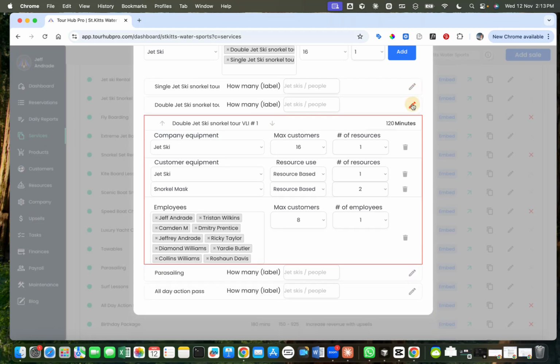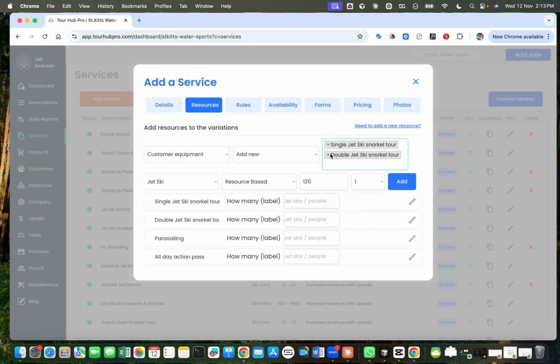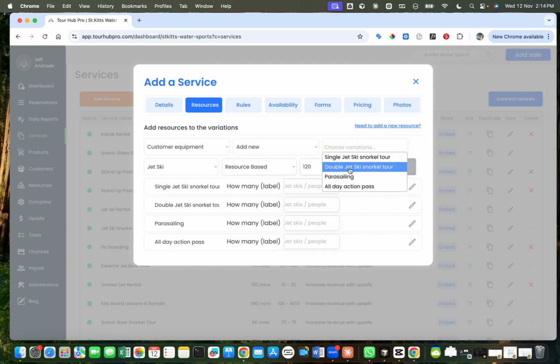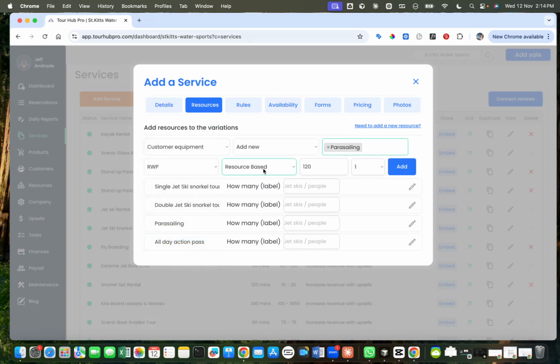All right, so I'm going to make these small for now, and now we're going to refresh this, and we're going to start again. Now we're going to do the parasailing tour. And the parasailing requires, we can say, customer equipment, and it's going to be new, and we're going to remove these, and we're going to use just the parasailing, and we're going to call this, we're going to need our boat, which is Ride with Passion, and this is resource-based. And now the duration is 90 minutes, and we have